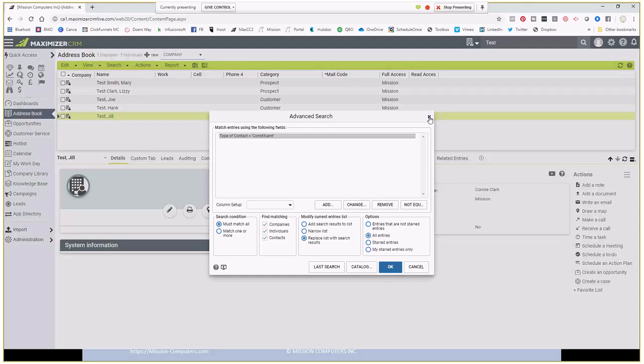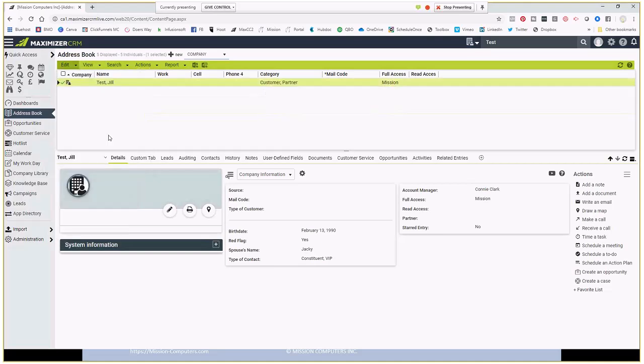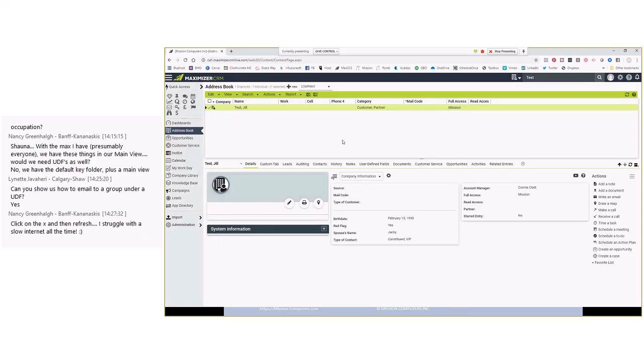Oh, you're just making me a little bit not happy. So I'm going to do something. Don't watch this. I'm just going to pretend that search worked. It should have. I'm just going to make it so that this is the only one that should have shown up when I did that search. And then from here, if I want to email to this list, now I don't know,